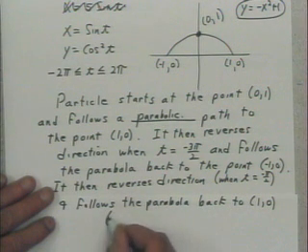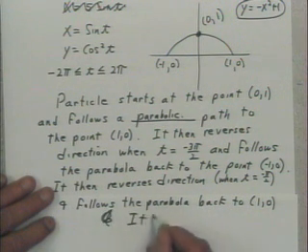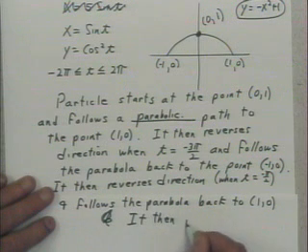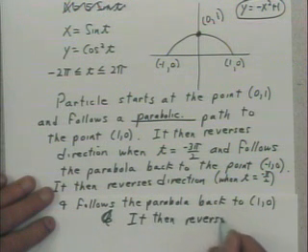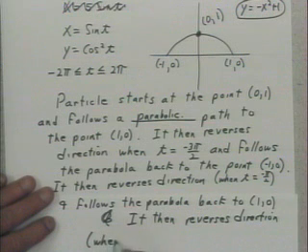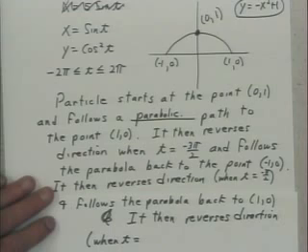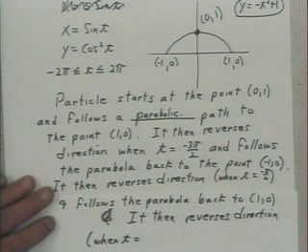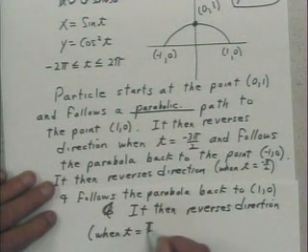And when it then reverses direction, and you can say, if you want to, I'm just wondering if you can guess where it's going to reverse again. Well, it was minus 3 pi over 2, then it reversed at minus pi over 2, so the next time it's going to reverse is at, yep,